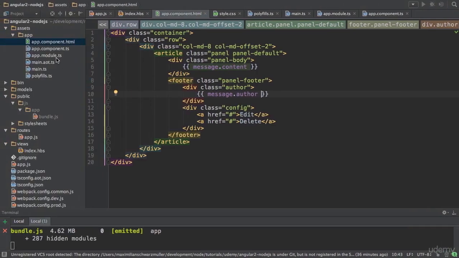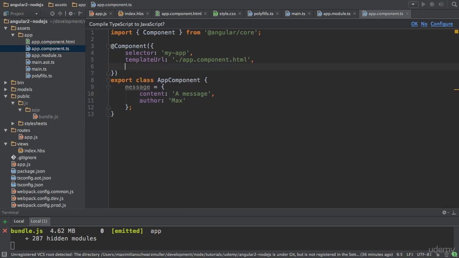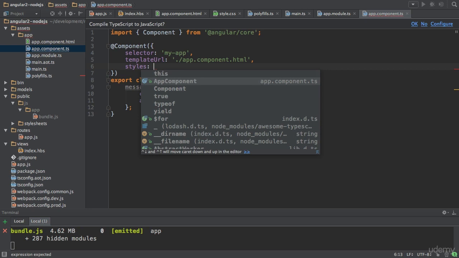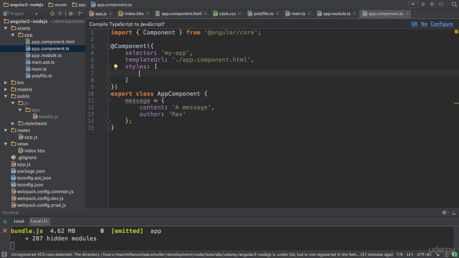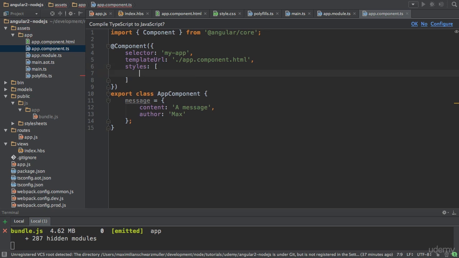We can do this by adding a new property to our add component decorator here. In here, what I can do is I can add styles, which is just another field to configure this component, and this takes an array. In here, I can set up all the styles I want to only apply to this component. So if I style a h1 tag here, you use normal CSS styling, then you will only style all h1 tags in this component and in no other component in the application. Angular 2 will make sure that they only get applied to elements in the template of this component,